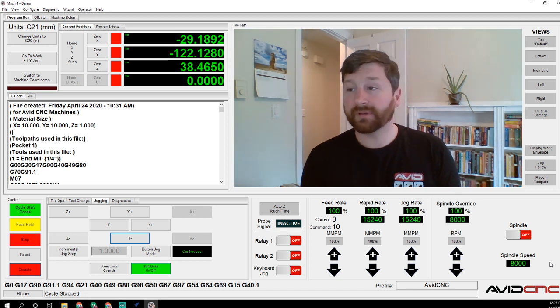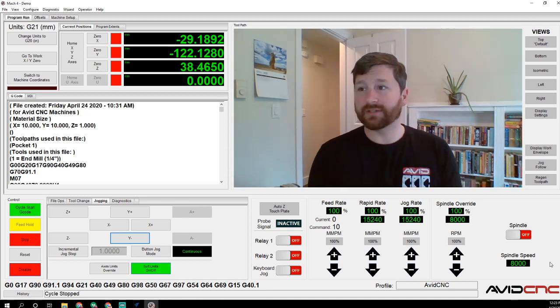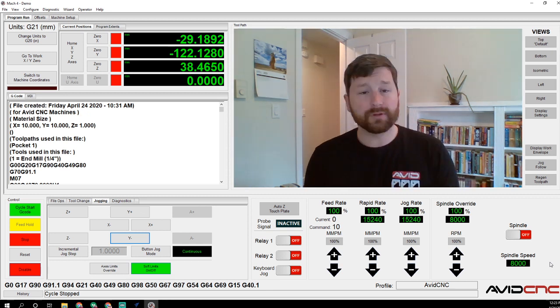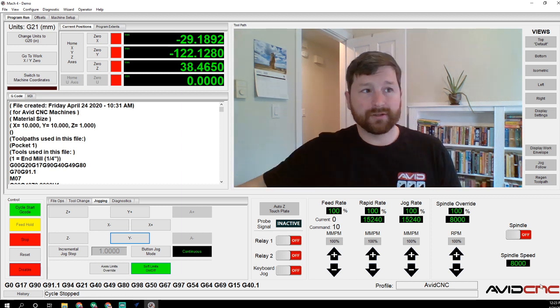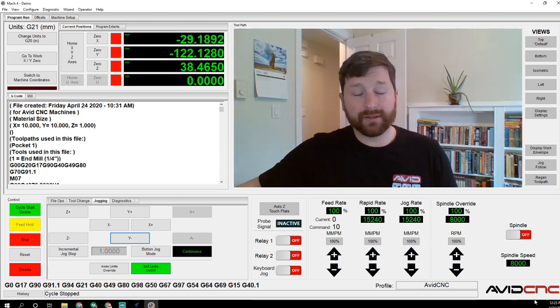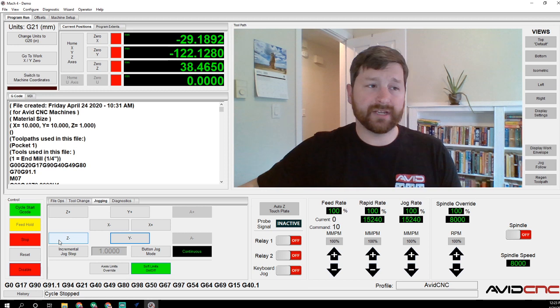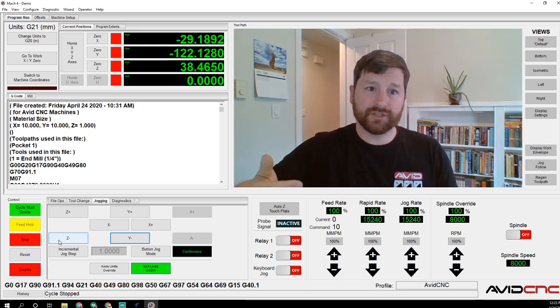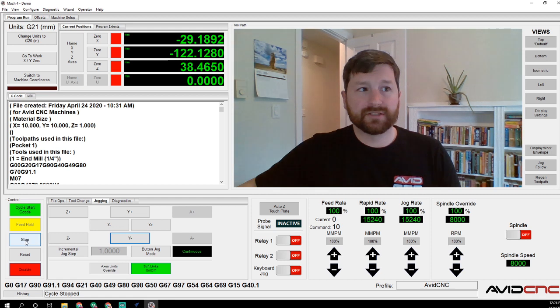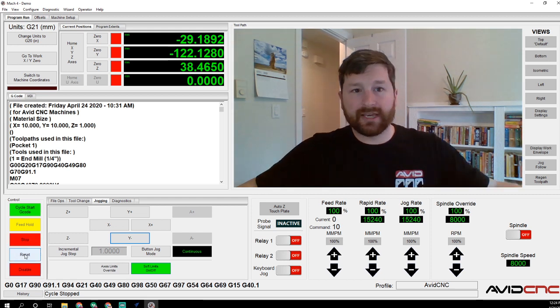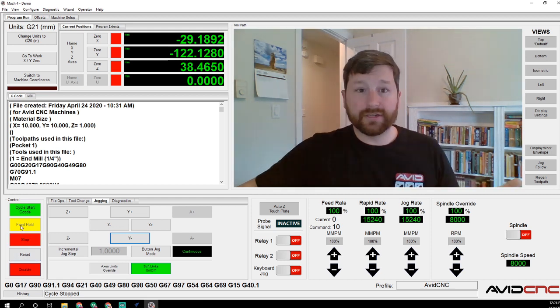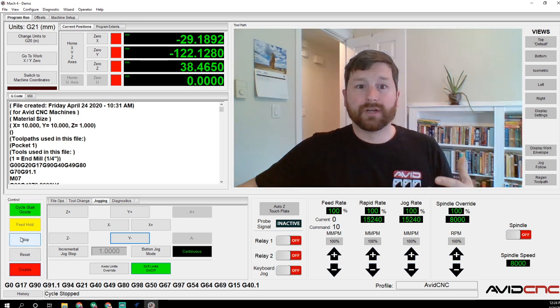I'm getting one more question. Is stop and e-stop button the same thing as feed hold? No, the stop button and e-stop button are not the same as feed hold. Feed hold is very different. Feed hold is going to allow for that movement to continue until a known stoppable point happens, and then you would hit stop. And stop and e-stop are going to be the same if you haven't hit feed hold. And so if the system is actively moving and you hit stop, it is not going to